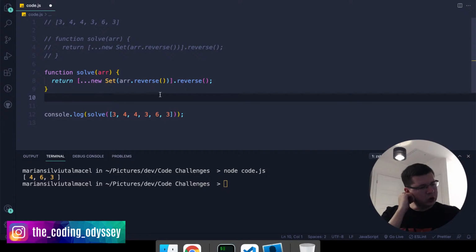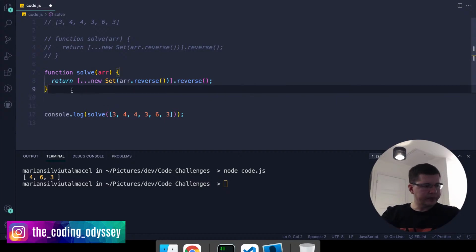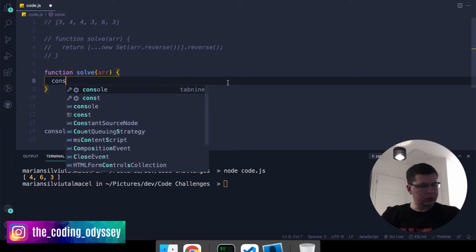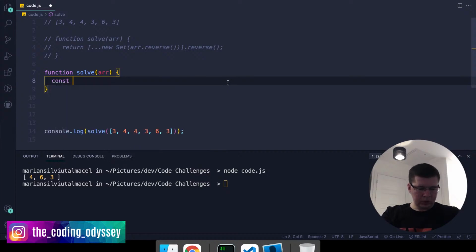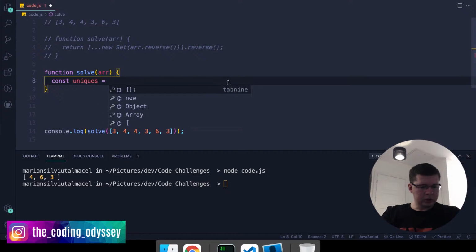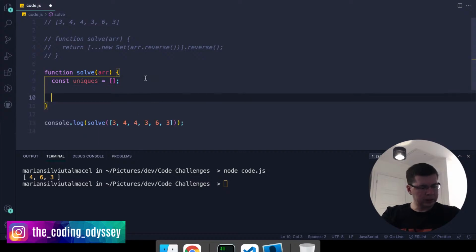Well, since we're returning a new array, what we could do is, I mean, this one would not be very good as well, but what we can say is create a new array, const unix equals an empty array, and then what we can say is for